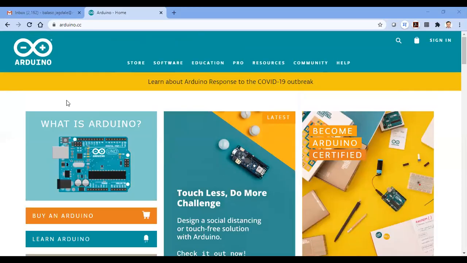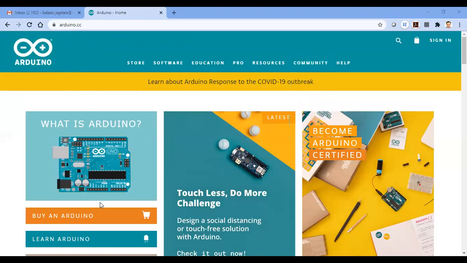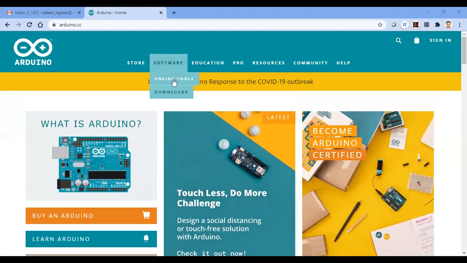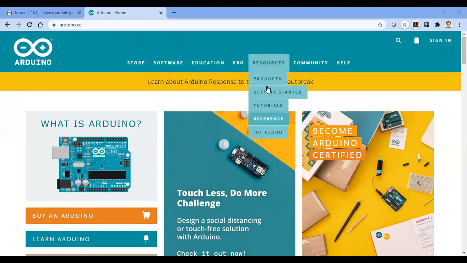So this is Arduino CC, the official site of Arduino, where you can download the IDE software. There are two versions to download for local programming of the Arduino board, but an online IDE is also available. You don't have to download the Arduino IDE for programming, so you can program there only, and of course there are resources available.